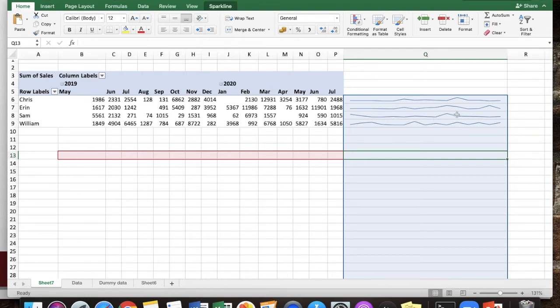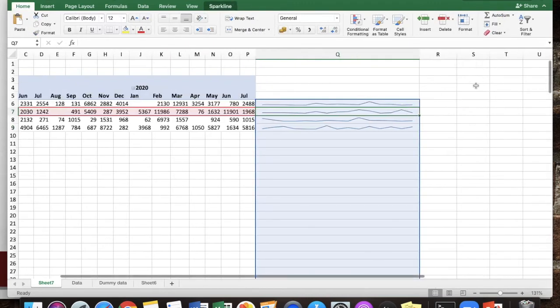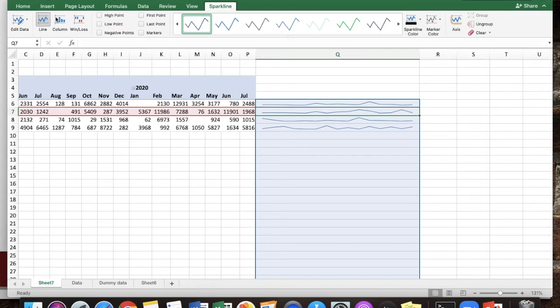And also if you see, there is much fluctuation in William's case. You can see sometimes he has given 4,000 and sometimes he has given 200 of sales, and at the end he has given a very large scale. So this way the sparklines really help you to make the assessment of who is doing what, and you can make it in a column also like this, and it will give you a real analysis for the data.